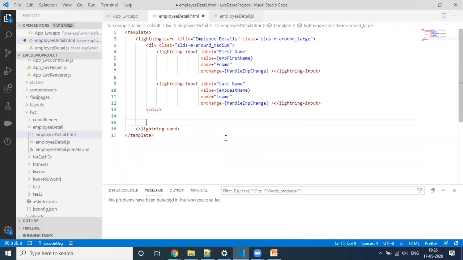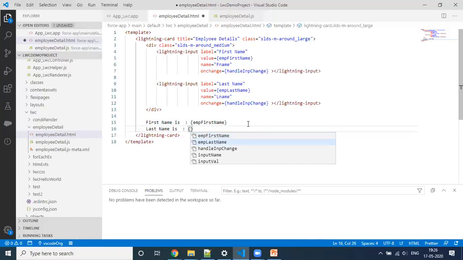Here I'm going to say first name is, and I will be displaying the same value, first name. Then I'm saying last name is last name.